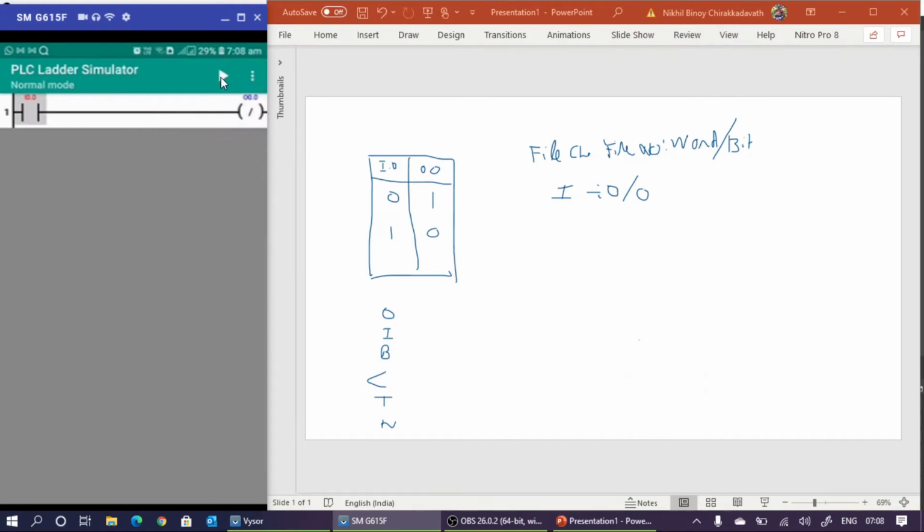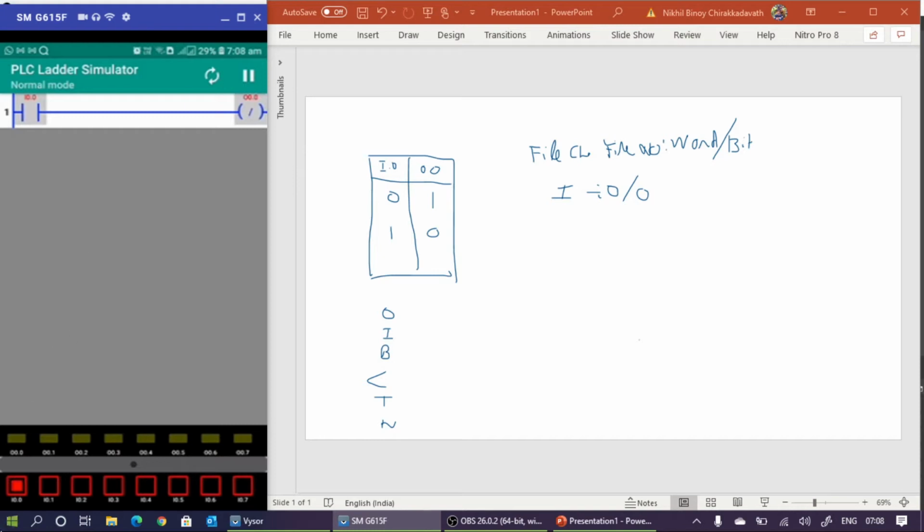Now run the program. So press these 3 dots, exit editor. Now run this. You can see that. So now if the input is 0, output is 1. But here you can't see any shade, because if input is 0, no current is given to this coil. This coil is not working, and this output is connected to this coil. So if this coil is not working, the output will work. So that is a concept. Okay. So here you can't see any shade.